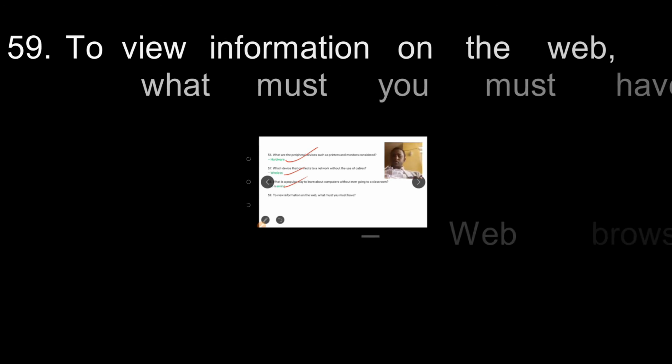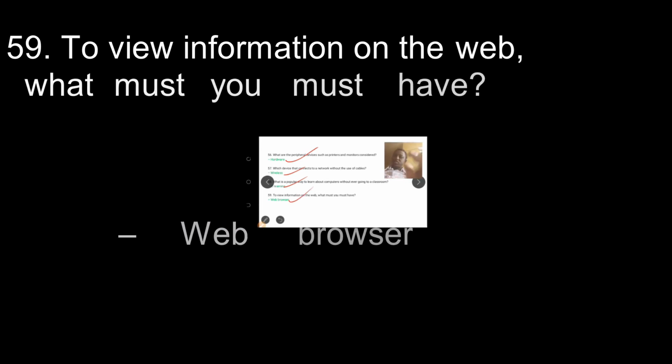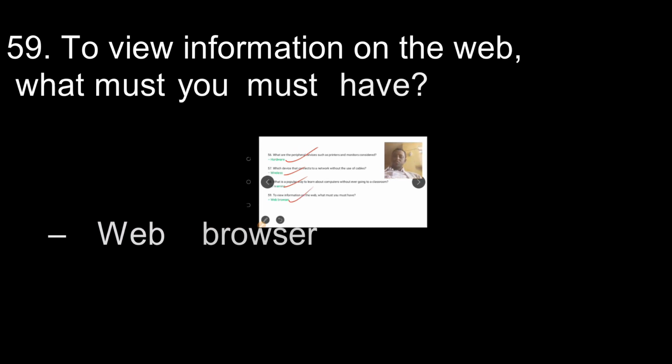It needs web browsers like Mozilla Firefox, Google Chrome, Opera, Internet Explorer. Such web browser software is required to view information on the web.